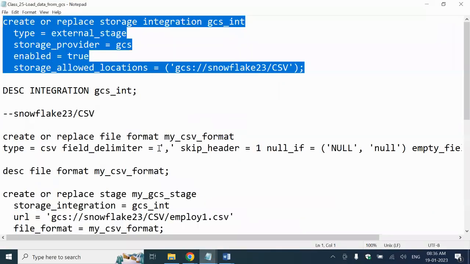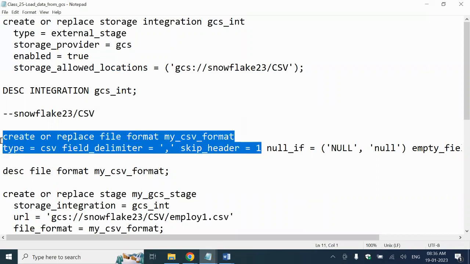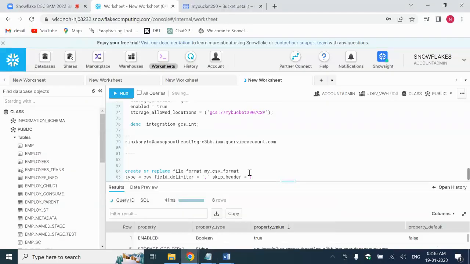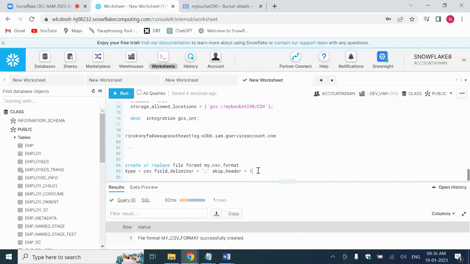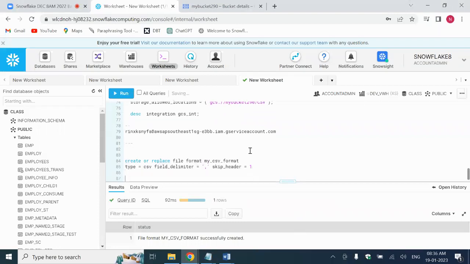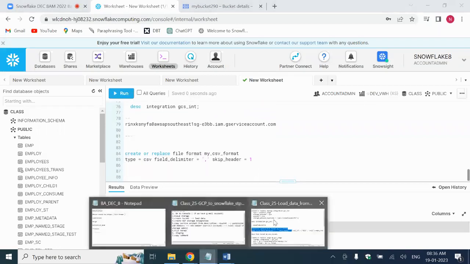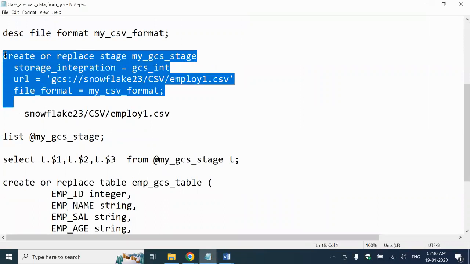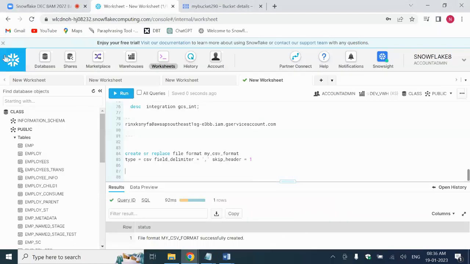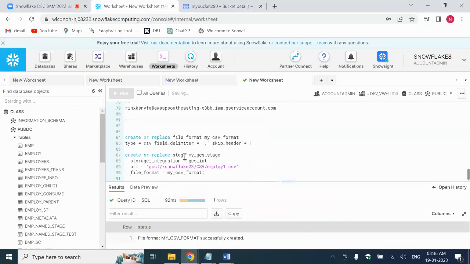So we need to create the file format. Let's create a file format here, CSV format. The file format is created. Next, we are going to create a stage. When you are creating a stage, create stage name,